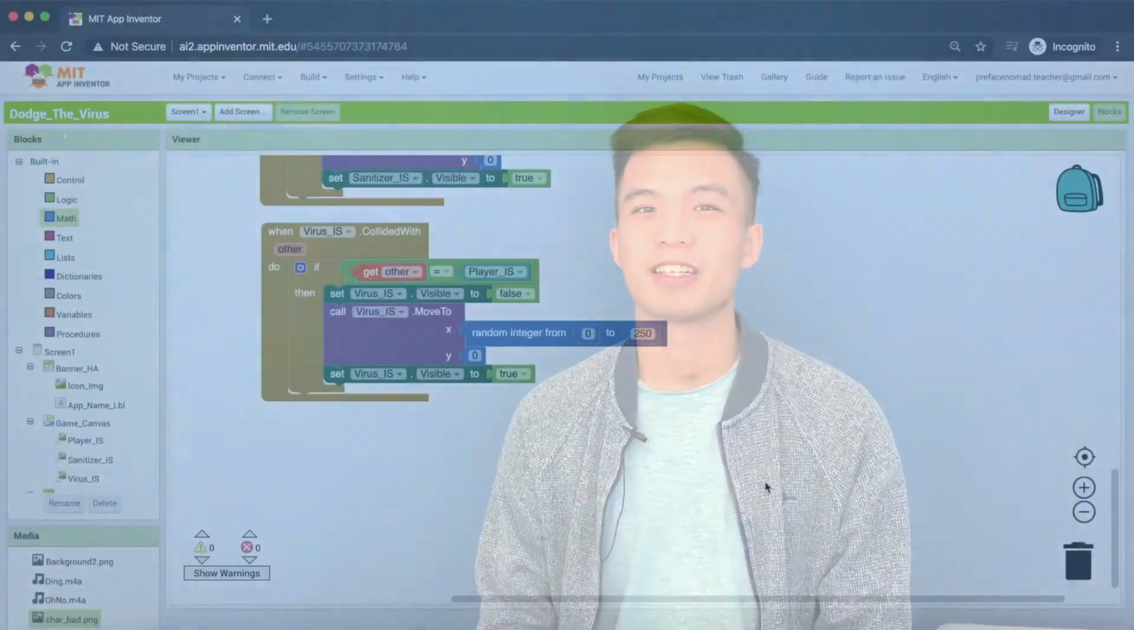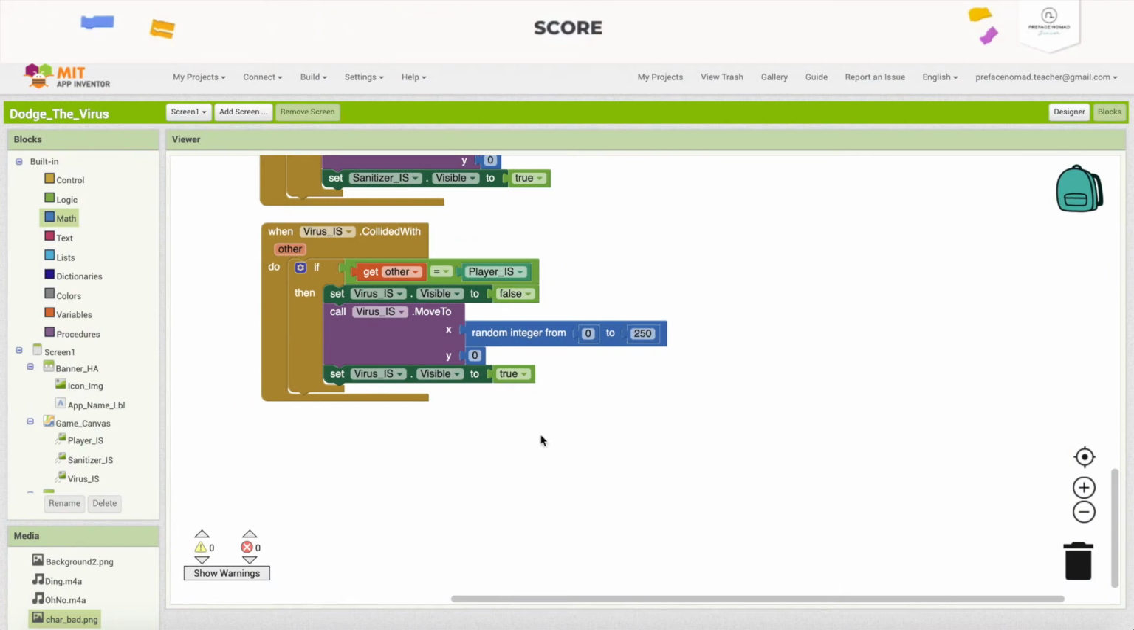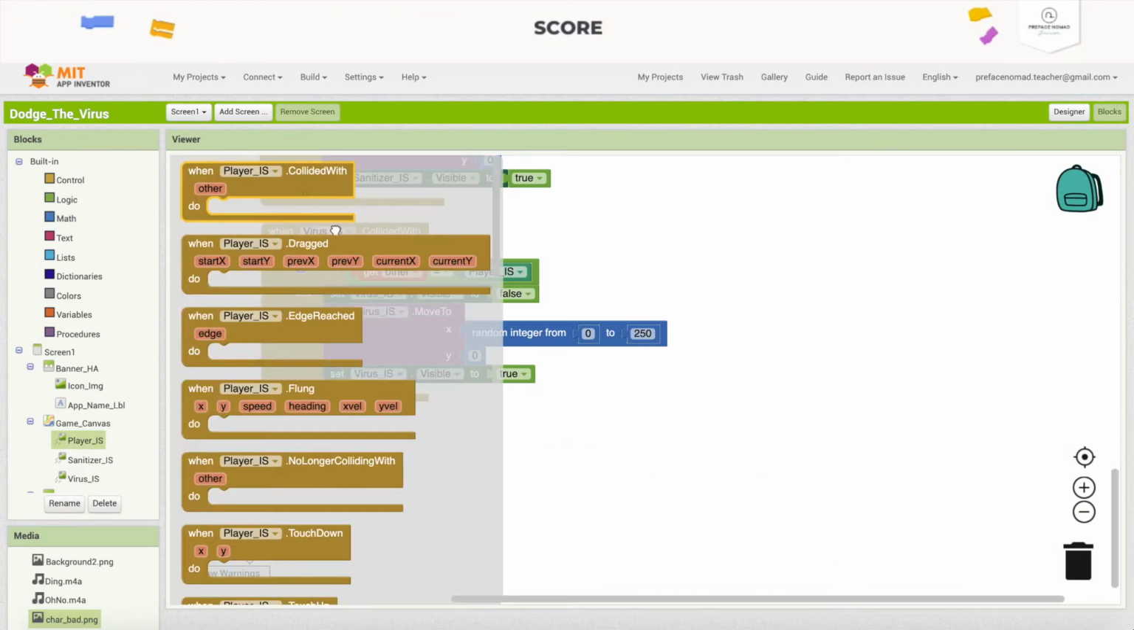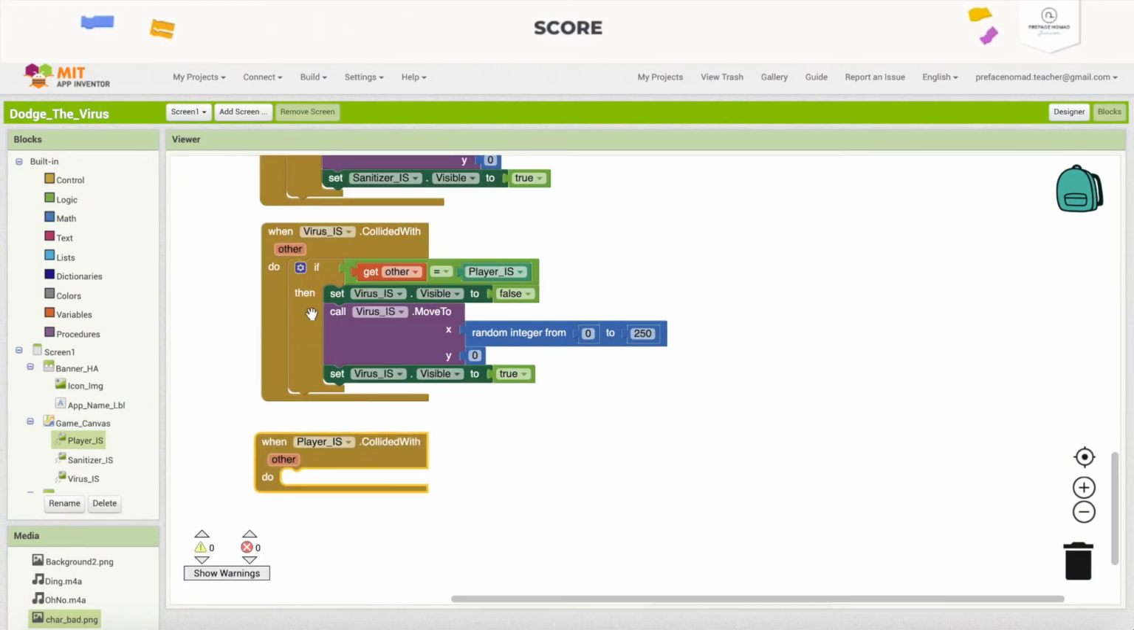So our characters can move now, and we've created interactions for them. But there's really nothing that motivates the players to collect the correct items. Maybe the use of a score function today can help them and put them on the right path. So finally, we need to set a condition of what happens if the player collides with either the virus or